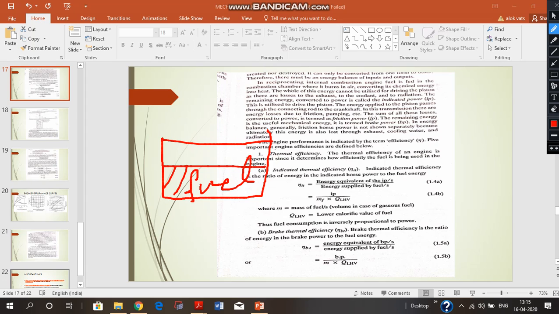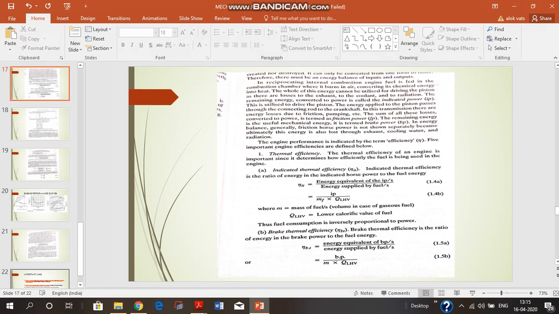So logically we are in a situation to think that the calorific value of the fuel, that is the energy content of the fuel, has definitely a vital role to play. That is the CV, calorific value of the fuel, has a vital role to play while determining the efficiencies of the engine. So this is CV, that is the calorific value, and the mass of the fuel which is burnt per unit time, that is the mf dot. It is denoted by mf dot, that is the mass of the fuel consumed or burnt per unit time.